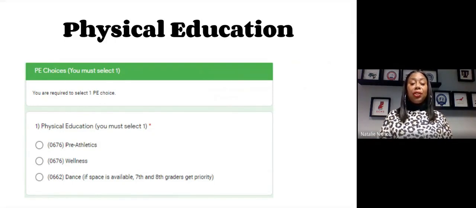So know that if your student chooses something and there's not space available, then we'll have to put them in another class. So just be aware of that. That's one of the major differences between elementary and middle school, and that will follow them in high school as well. They'll make choices, but it's possible that they may not get their first choice.